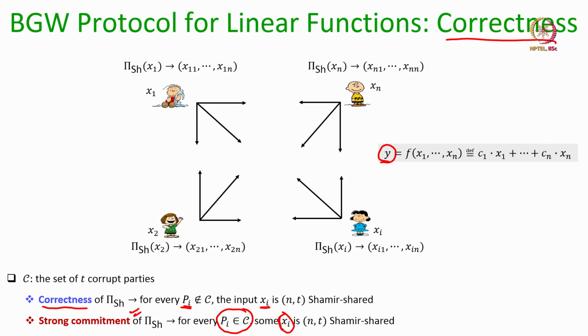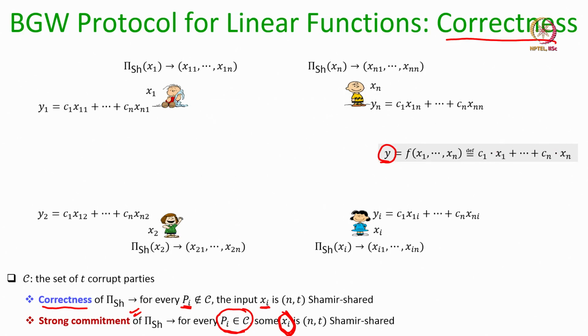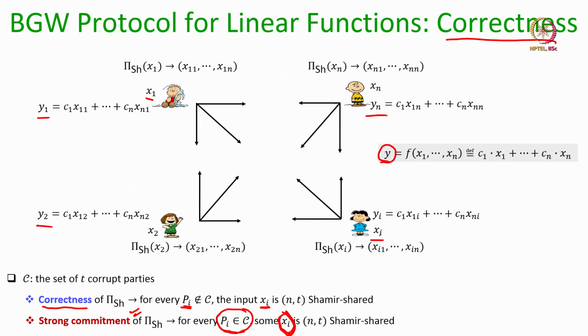The strong commitment property guarantees that some value is indeed secret shared on behalf of even potentially corrupt parties in the system. That means at the end of the input stage all the values for respective parties are secret shared. On behalf of the honest parties x i will be secret shared, and even on behalf of corrupt parties some values are t-secret shared. Now, the computation stage involves no interaction. So, what we can conclude is that at the end of the computation phase the value y, which is defined here, is